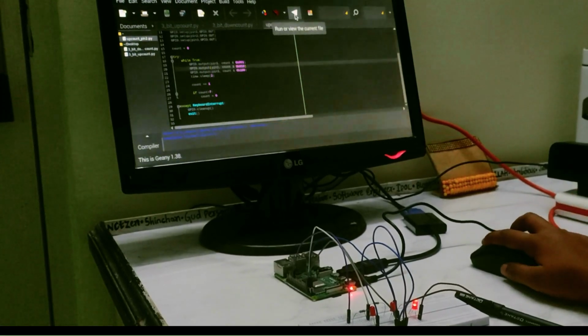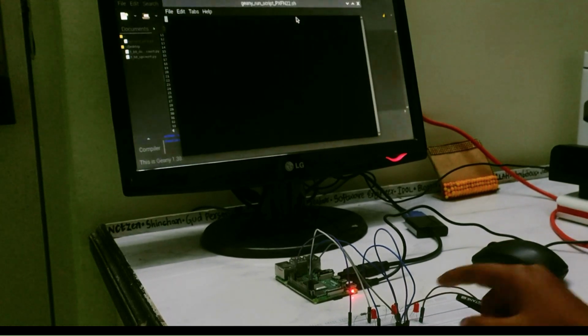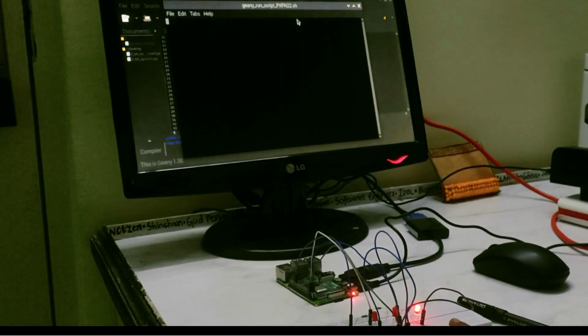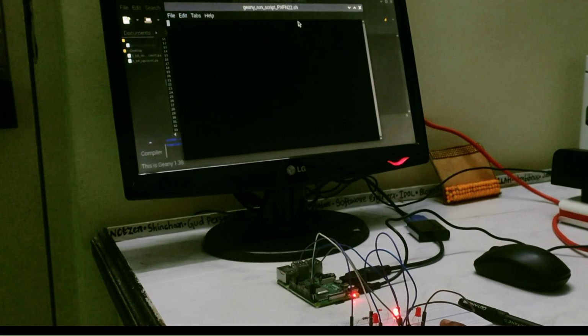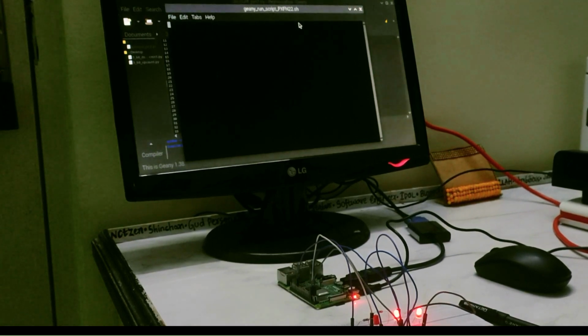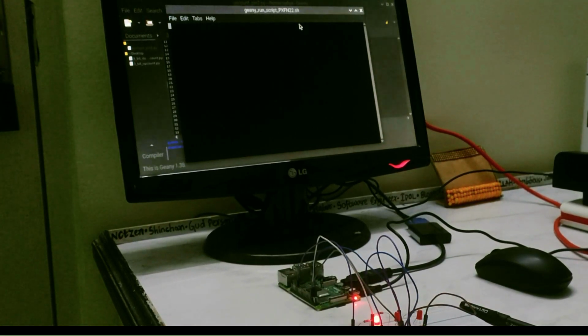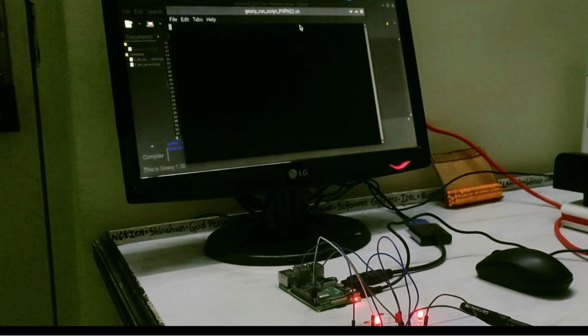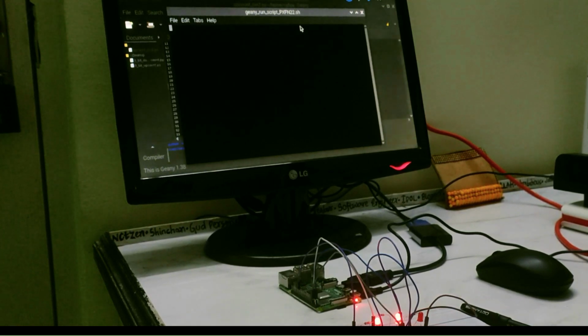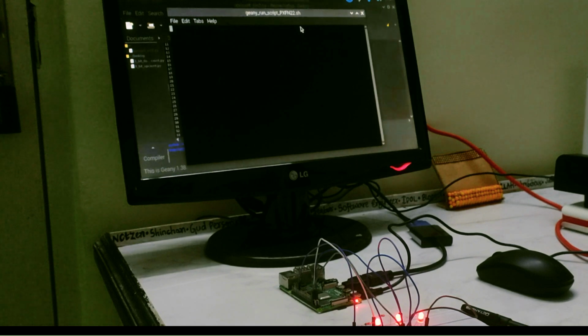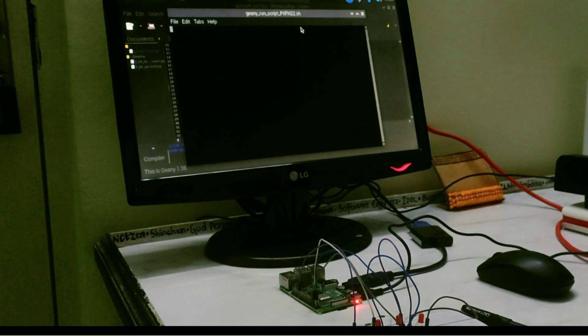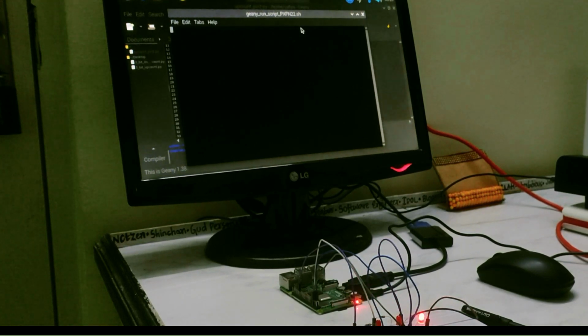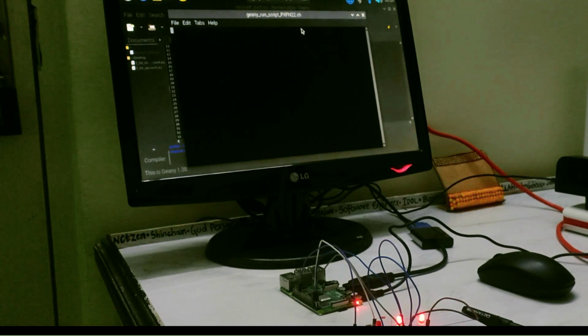We can see that in the initial state, all the three LEDs are off except the LSB LED. We can see the demonstration of the binary count going from 0 to 7. Continuing the loop again, 0. We have 1. Now we have 2, 3, 4,